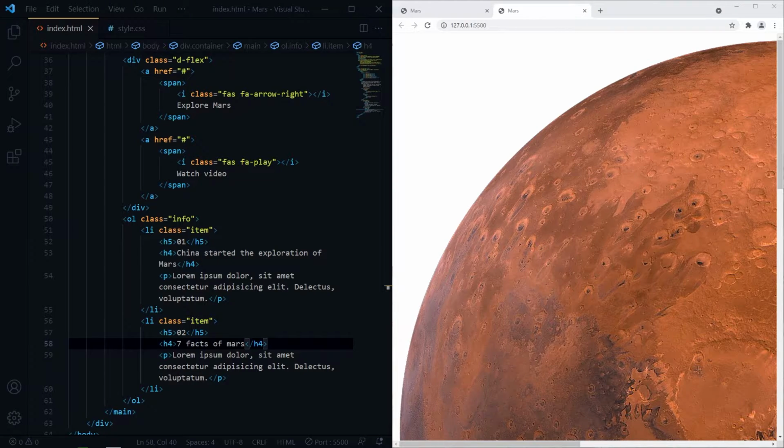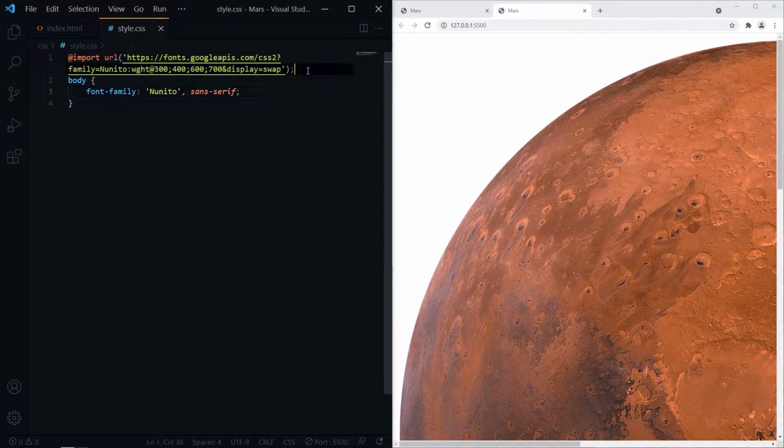Now we can start styling this. First I will remove the default margin and padding and give box sizing border box.